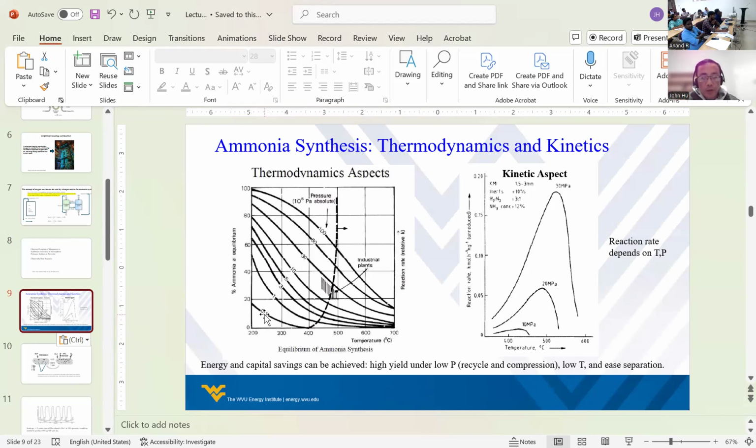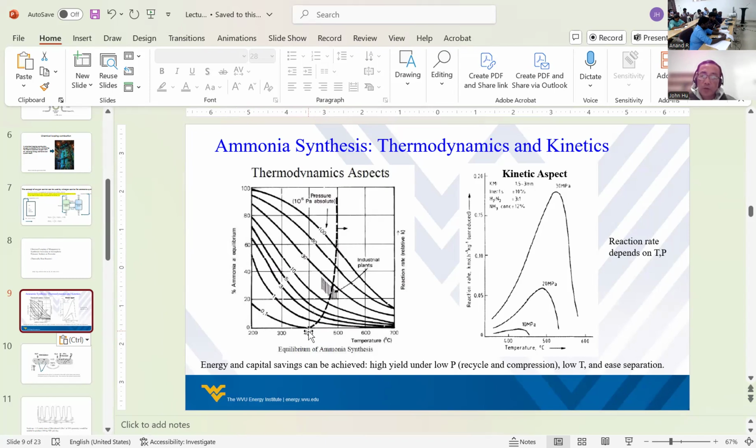And 0.1 means ambient pressure. And then on the y-axis is basically how much ammonia you can make, the ammonia concentration. On the x-axis is the temperature. Okay, so if you look at this curve, you have to go to very low temperature in order to get decent ammonia. If you increase the temperature, let's say 400 degrees C, not even near Haber-Bosch,